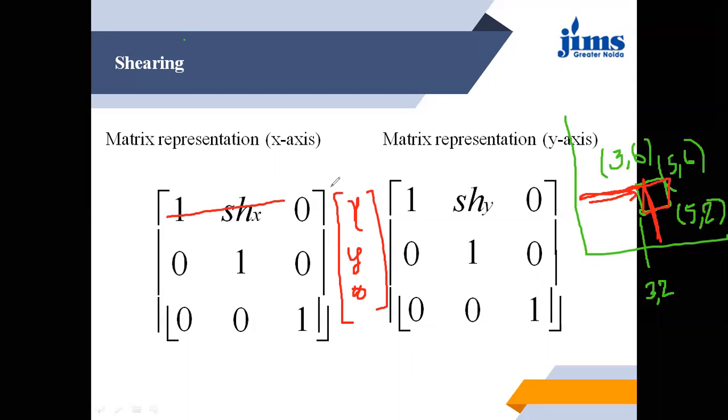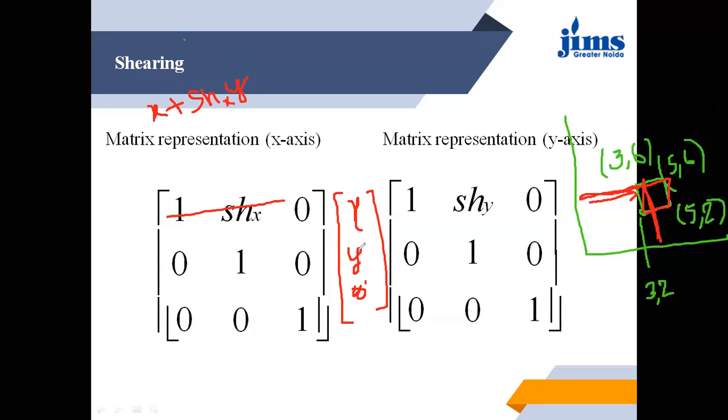So 1 multiplied by x, so this is x, plus shx into y, shx into y,